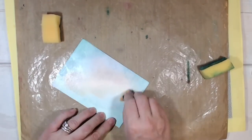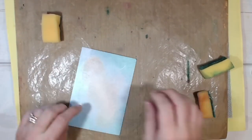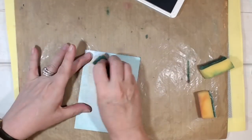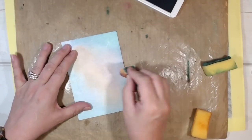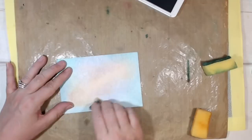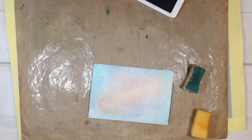dusting of the. And now I think actually that this is Purple Posy, although I believe in the supplies list I said Highland Heather. Either would do. Purple Posy, if anything, isn't such an intense colour. So I'm just going back in with some of the colours that I've already used, just to intensify the depth of colour. And now I've got some Mint Macaron,